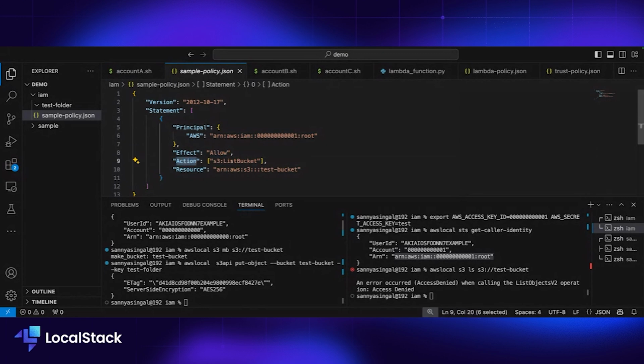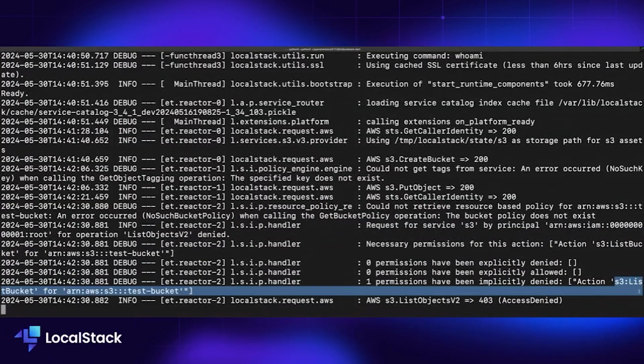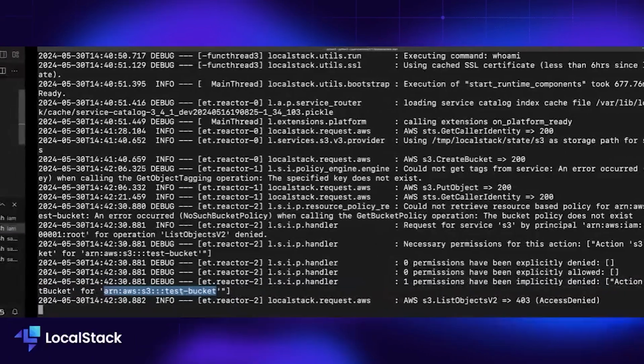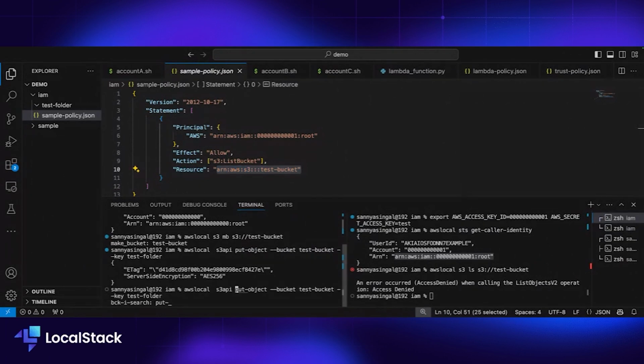Next is the action. I want this ARN to be able to perform my list bucket. And I could also see that from my console here, like the list bucket operation, and also the resource that would be needed for this action, right? So we set the resource here. Let's just set the put bucket policy. Also, depending on which service you are trying to use,